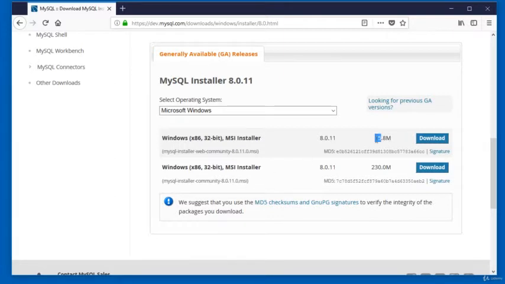The first one with less file size is MSI file downloader, which will first install the file downloader and then actually download the MySQL installation files. While the second one with large file size is the direct MySQL MSI installer. I will go ahead and download the direct MSI installer by using the given download link.